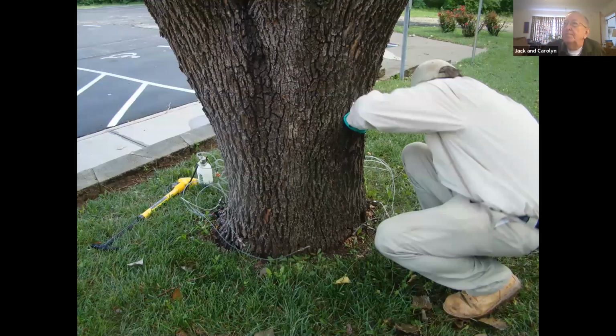Here's an arborist applying that technique to a fairly large ash tree with a split trunk up there. And you can see that this is a bicycle pump down here. So the arborist will pump up this little container which contains the insecticide. And then they're wired, they're like very thin